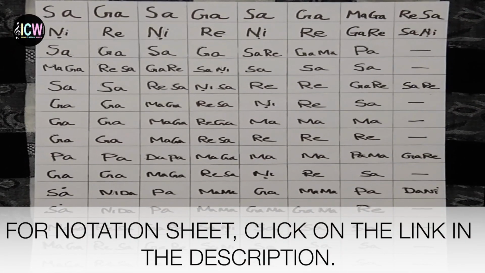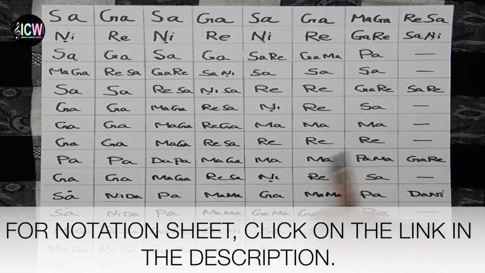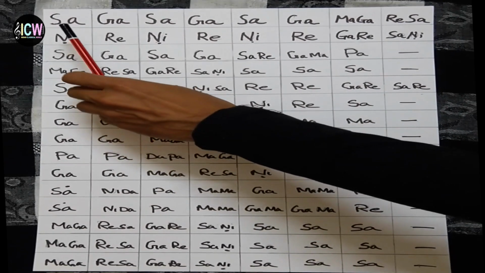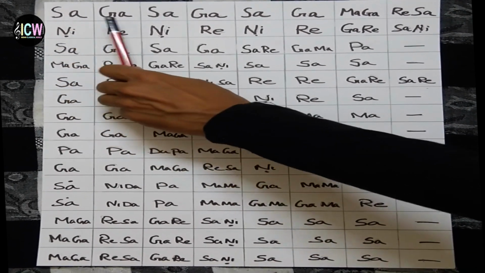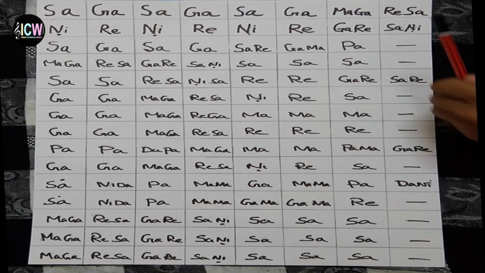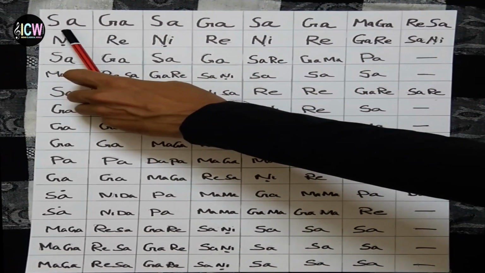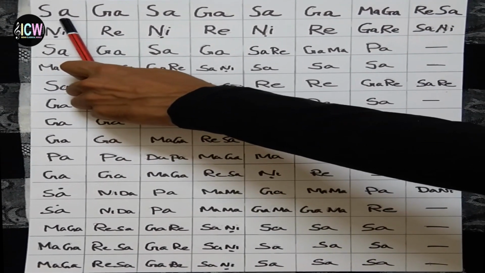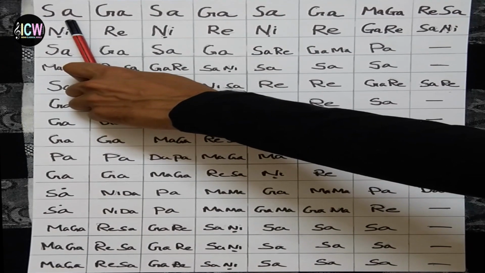I will now explain the composition and also the notation grid. Now you can see this is called the rhythm grid. It helps us to read the notations. You can see here we have 8 beats: 1, 2, 3, 4, 5, 6, 7, 8 boxes. Each box is 1 beat, and if there is one note, it is played in first speed.